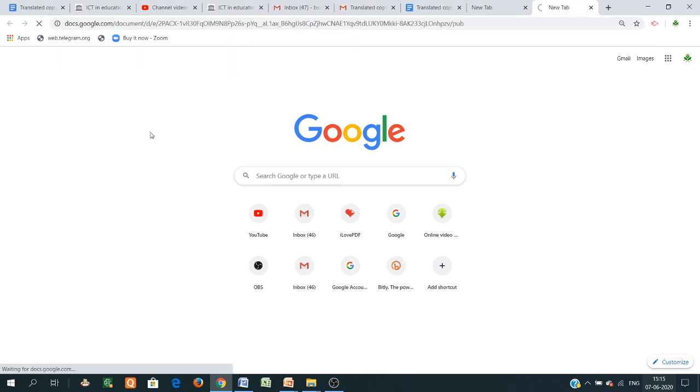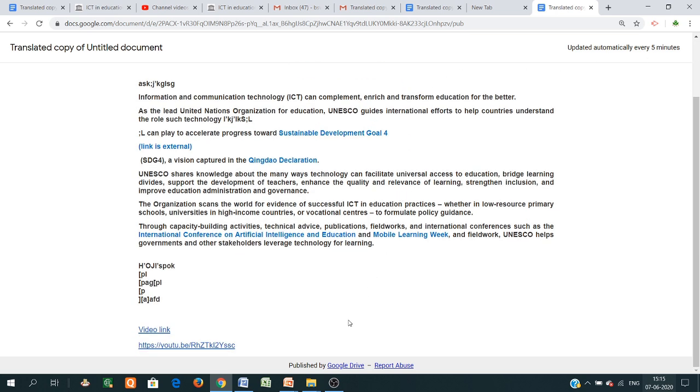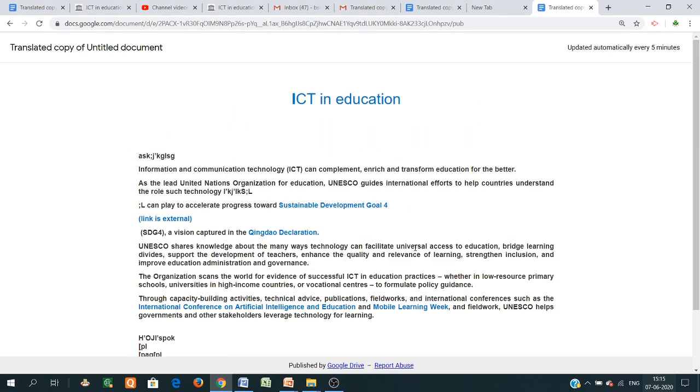So it is already published, and if anyone opens this link, it appears in the form of a web page. This is another use. Like a translated copy, it is updated automatically. This is a web page published by Google Drive. So for any article you want to publish, you can just publish it and give this web address to students or anyone. We can generate our lecture notes also and publish them on the web platform. This is another application of Google Docs.